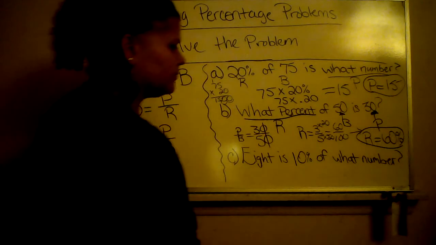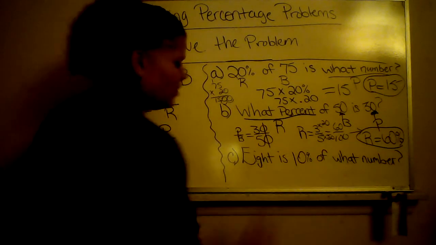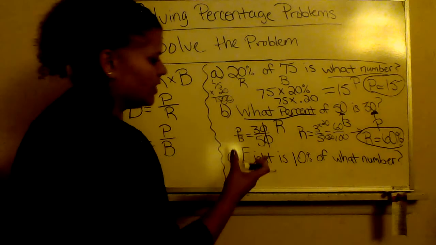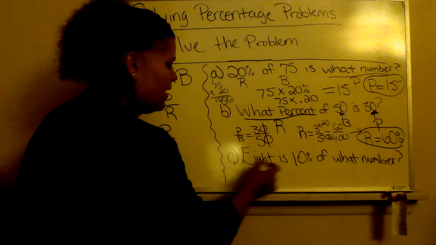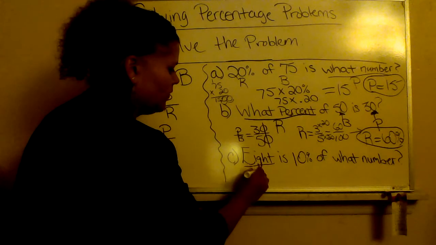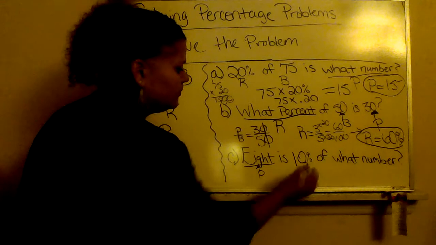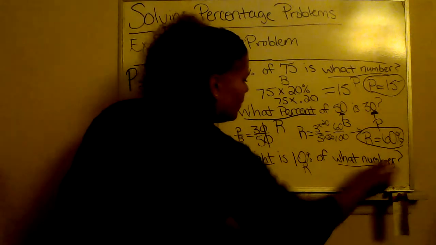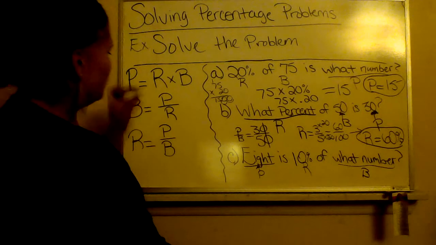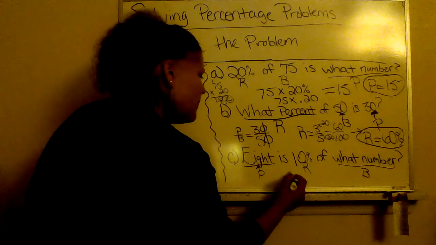So now, 8 is 10% of what number? We're going to try this out. 8 is 10% of what number? 8 looks like it's our portion because it's a piece of a number. So that's our portion. We have our rate, and we're looking for the base. Whenever we're looking for the base, we use the portion divided by the rate. So we have 8